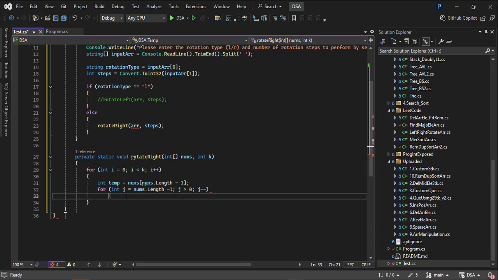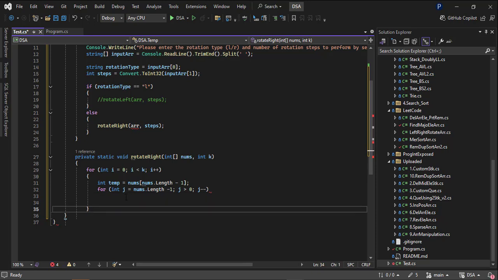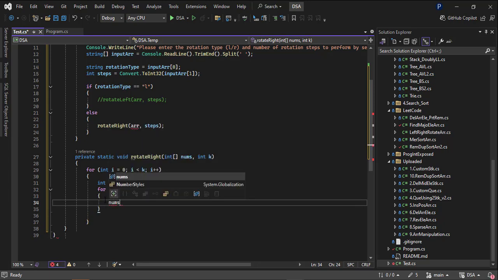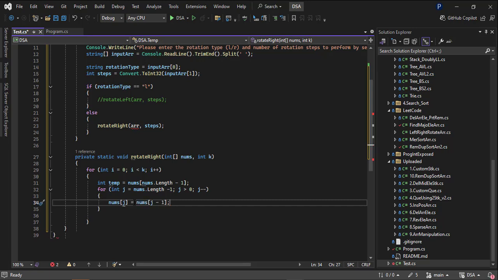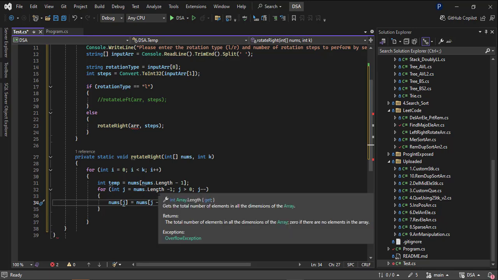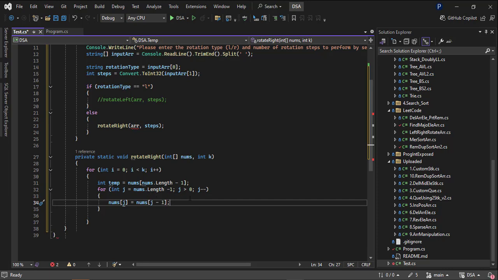And let's see. So the trick here is, okay, there is one brace missing. That's fine. Yeah, so with that, let's do the real magic. So what happens is that j you will replace with the previous element, as you can see. So basically, if your previous element is replaced with this one, then you are rotating right. So you start from the last, and you'll keep replacing until the zeroth element,